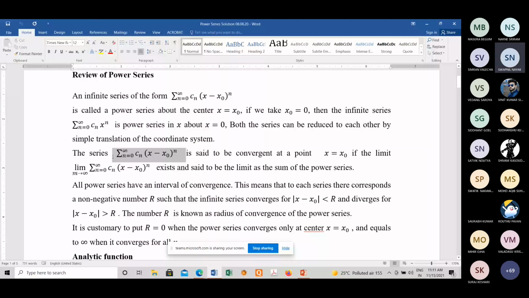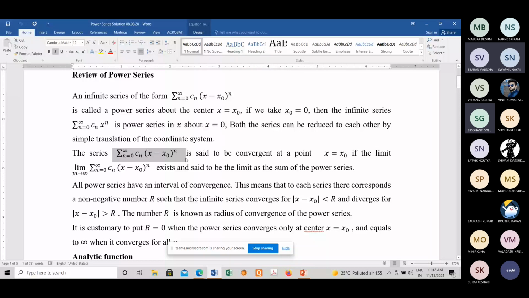So what is this series which I have highlighted here? It is nothing but the value of y. So y equal to summation Cn (x minus x naught) to the power n, n varying from 0 to infinity. It will be a useful solution from the practical point of view if this solution converges. I hope you have all studied the convergence of a series in your BTech first semester.